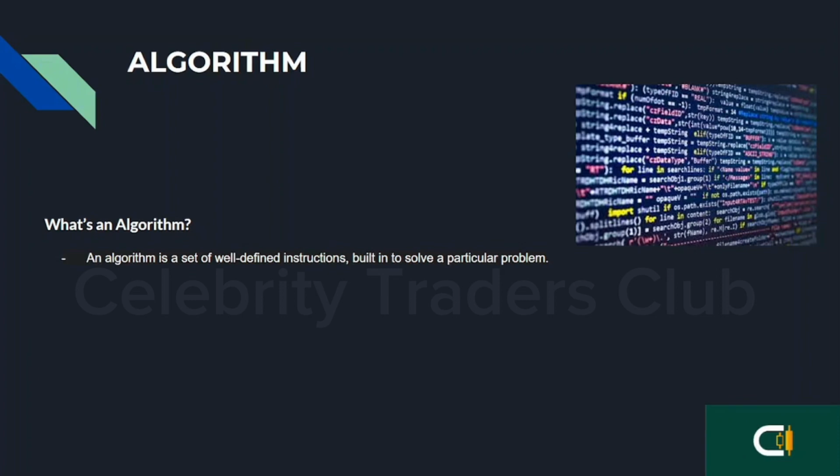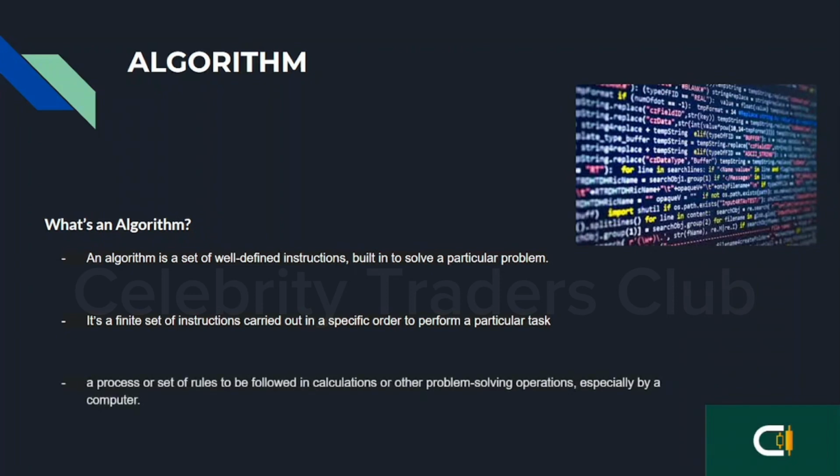Let's move a step further before I come in to explain what this is. Let's look at another definition of an algorithm. An algorithm is a finite set of instructions carried out in a specific order to perform a particular task. Now, to the final explanation of what an algorithm is. It's a process or a set of rules to be followed in calculations or other problem-solving operations, especially by a